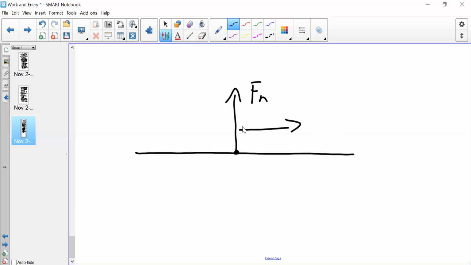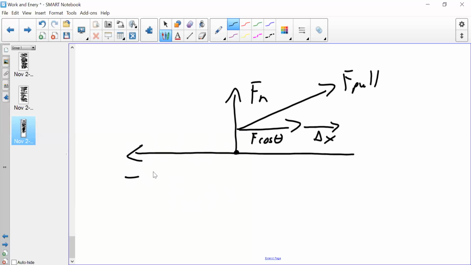Let's say we had the pulling force like this. And as Emmanuel and Nicole stated, it's the cosine part of this force that does the work because it's along the same axis and it's parallel. So then let's have the,